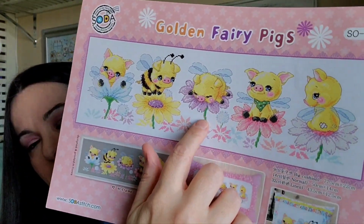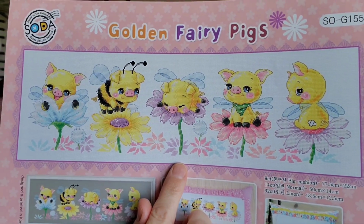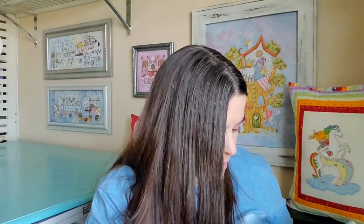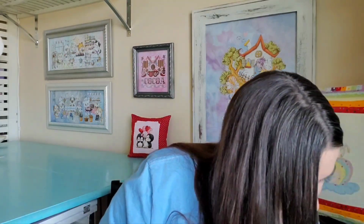And Bernadette is humming right along. I believe she finished this sleeping cute little guy already. And yeah, so exciting. And she is burn stitches on Flosstube. And I think also on Instagram, burn stitches, yeah. Okay, and then